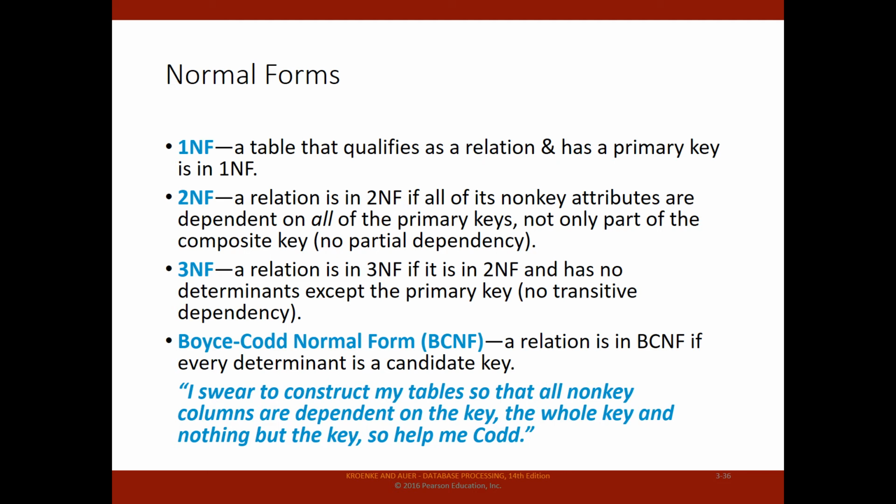The second normal form tells us that a table is in the second normal form if there is no partial dependency. Remember the functional dependency we talked about? So if there is no partial dependency, you can think about it this way. If we have a composite key,